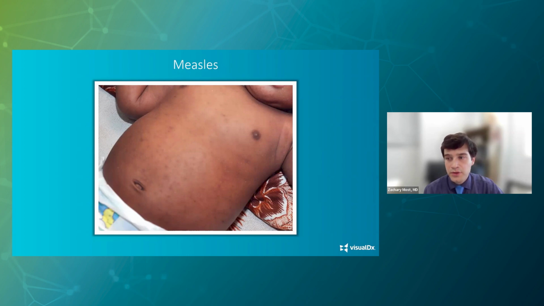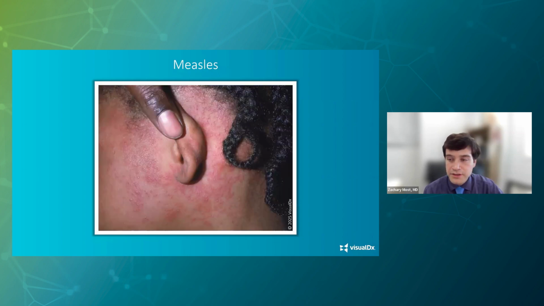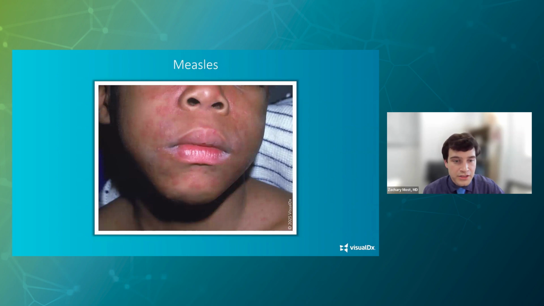And one of the things that's noticeable is that the rash sometimes is not quite as erythematous. It's not necessarily as red. It can sometimes be more of a darker, almost hyperpigmented kind of lesion, but does have really the same distribution of involvement. Here's a measles rash up on the hairline and the face of a child with measles. And here's another example of a measles rash on the face and upper torso of a child with measles. And again, here you can still see in this case that there is erythema involved. And again, it's still a diffuse maculopapular rash, going to really not spare any area of the body.